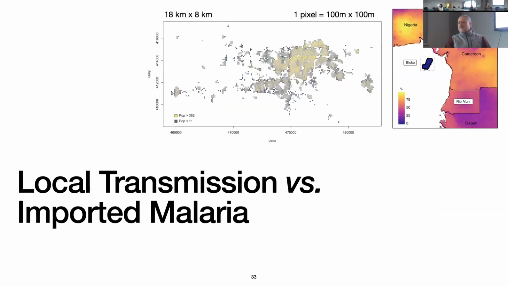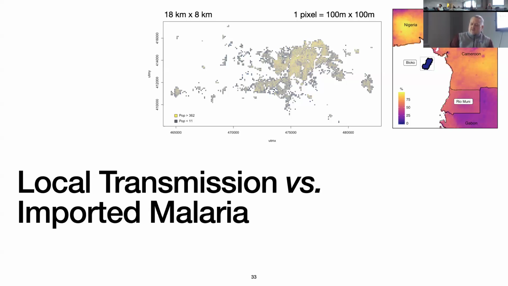The first thing I want to talk about is some specific results about what we learned about transmission that surprised us. This is about 6 years old now, but we've been studying this for a long time, trying to do evaluations for malaria vaccines, and we had these indications from the questionnaires that people were getting infected a lot from traveling off island. You can see that there's a ferry that goes from the island down to Rio Muni, which is not very far away, and a lot of people get on that ferry and travel back and forth. And we need to know what fraction of people are going back and forth.